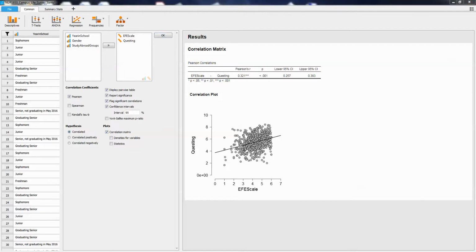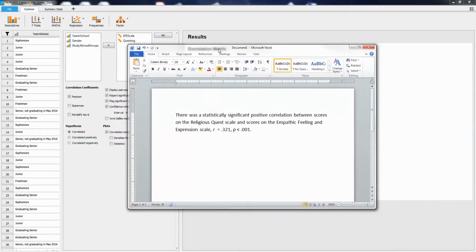And so how this might get written up, it's very simple, just straightforward. There's a statistically significant positive correlation between the scores on the religious quest scale and the scores on the empathic feeling and expression scale. And then we've got R, remember to italicize that, equals the correlation coefficient, and then our p-value less than 0.01. Now, normally in reporting the results, we'd also in parentheses here put in the degrees of